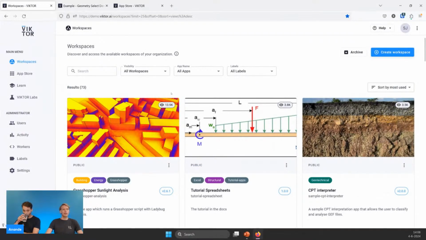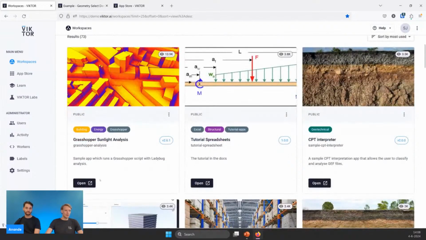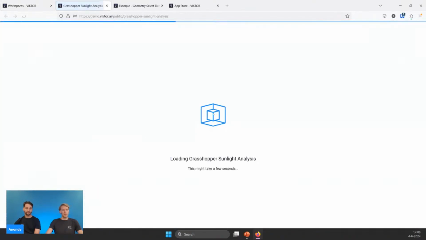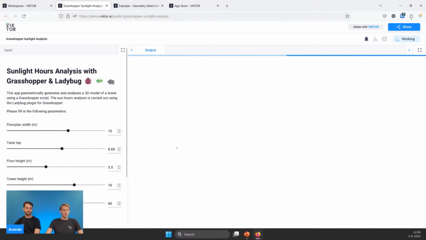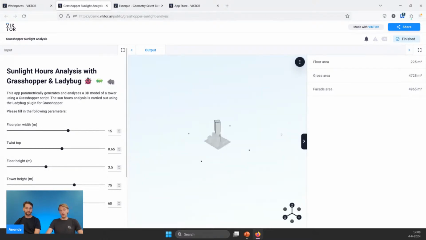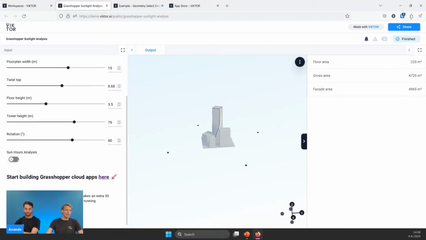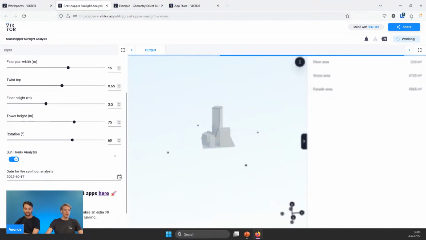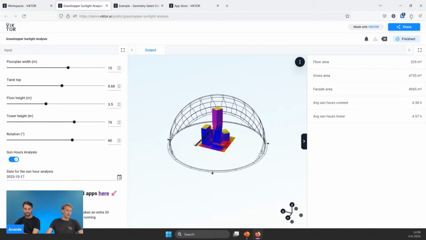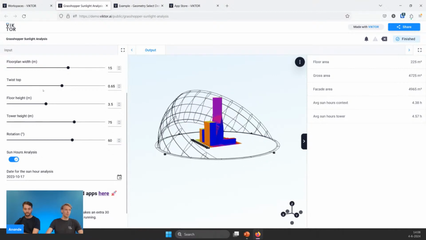So this is the VIKTOR environment. Here you can have all kinds of apps. To first show Grasshopper. So the possibility that you have with VIKTOR is to integrate with Grasshopper, basically. So what you see here is a web interface, and basically you have all kinds of input parameters, and around there's a Grasshopper model running. So what you will see is that in this case, there's a sunlight analysis done with Grasshopper, and if I change parameters, then